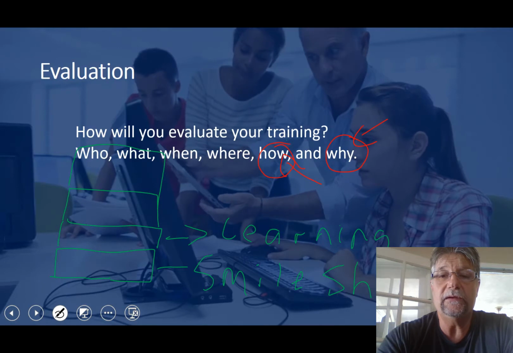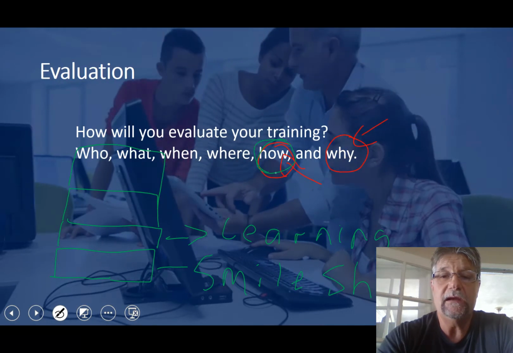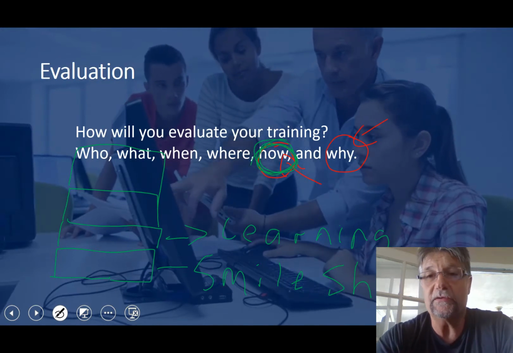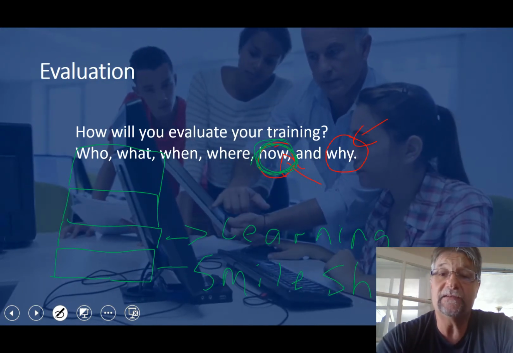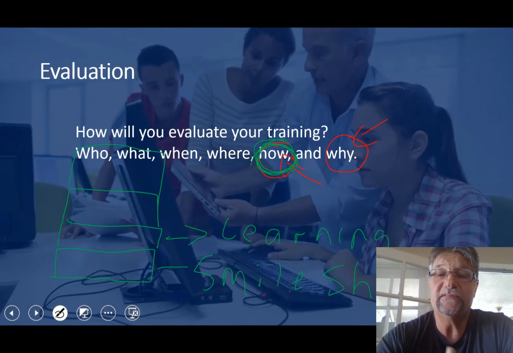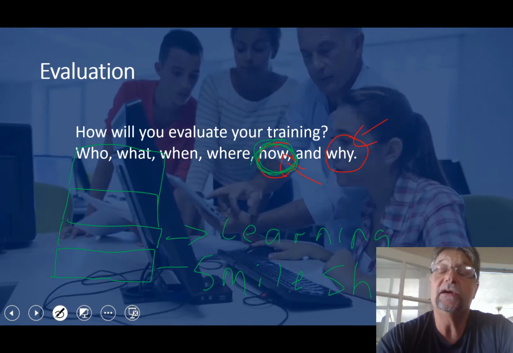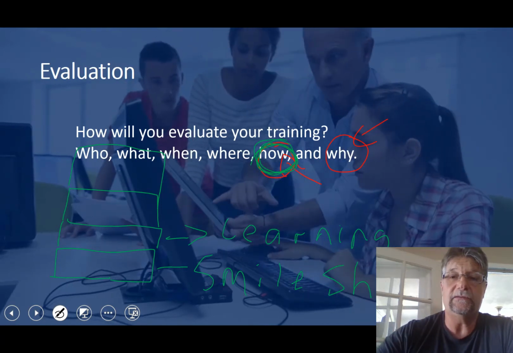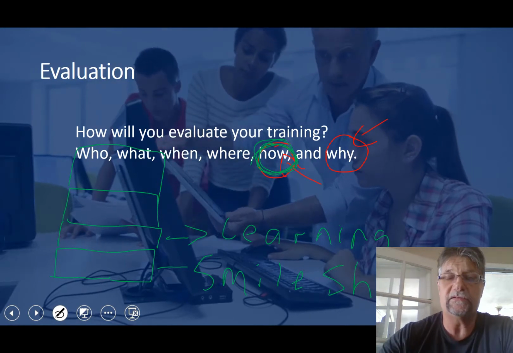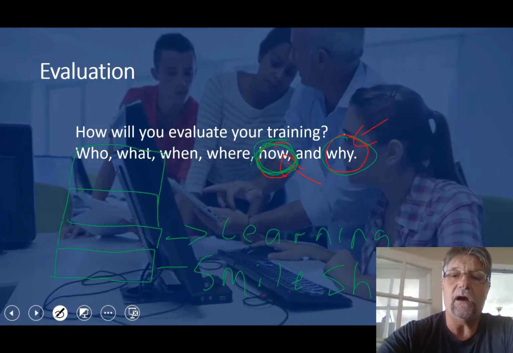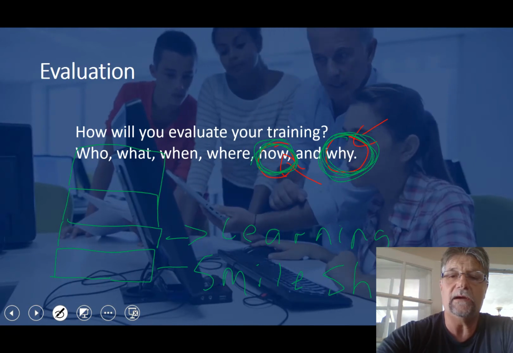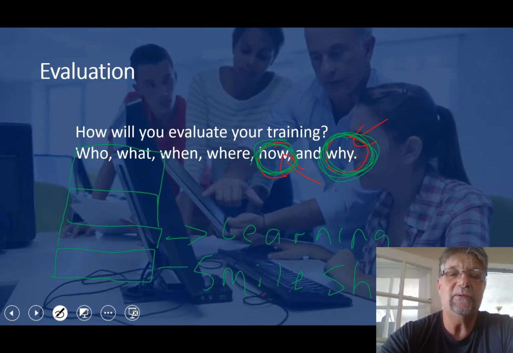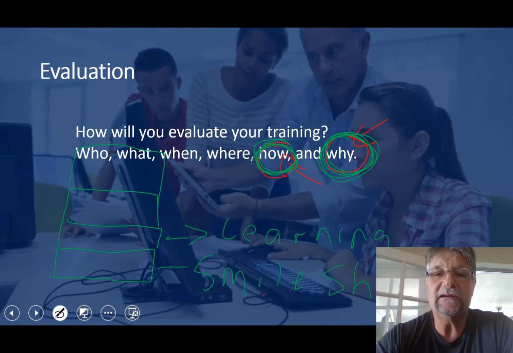How? How is a big one, because quite often the how is going to be limited at some point by resources. So you may have to actually give tests that don't really fit as well as you would like because of resources. That happens. But you adjust and then you try to make the tests that you have to give robust enough to meet the needs. And then why? Always go back to why do I care if the learner learned? How do I know if the learner learned? Why do I care? We want to do that because that's going to lead us to our next step,